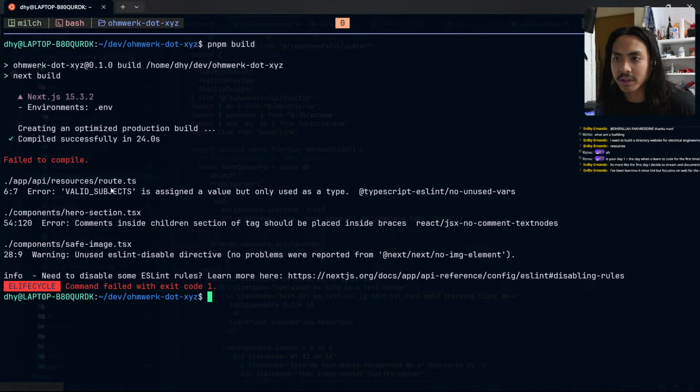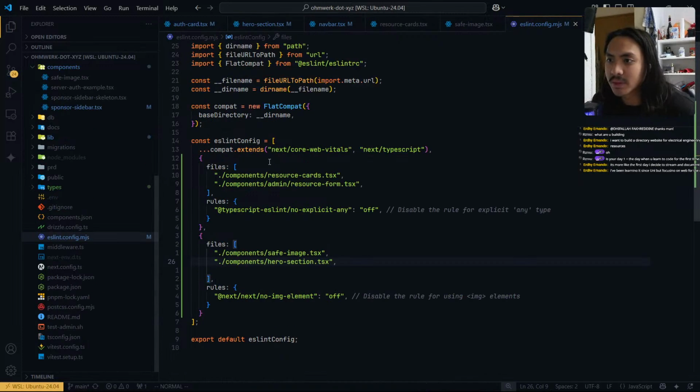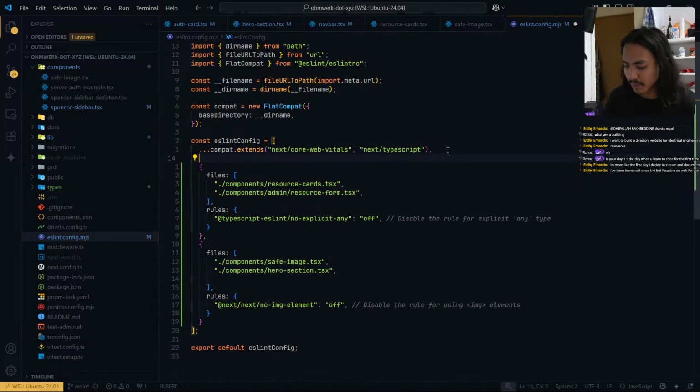And then I think, okay, this is assigned a value but only used as a type. This is probably another bad idea, but